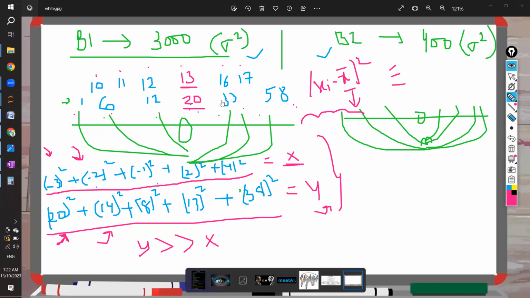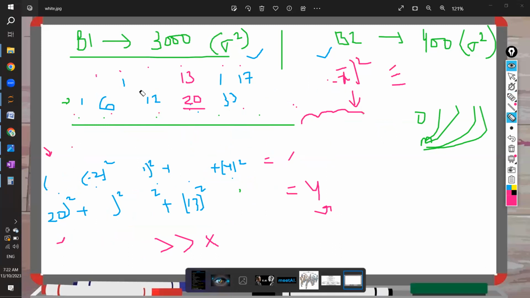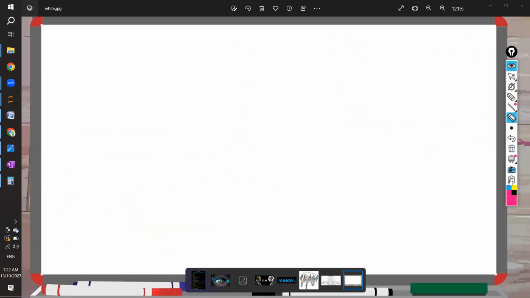So overall, we had batsman 1 as 3000, batsman 2 as 400. So clearly I don't know what the numbers are. That is the beauty of this formula. Even though you don't know the numbers,